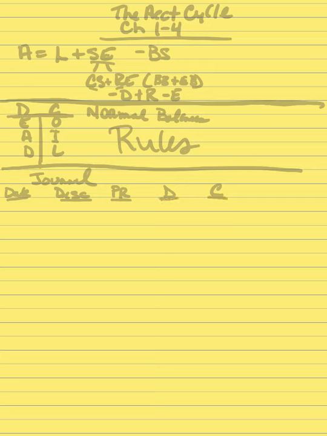I can't make assumptions. So, for example, the example they give you in here, actually I'm going to do a different example than what's in Exhibit 5. I'm going to do one that is one of the common ones listed in Exhibit 4 that you guys always get wrong. Services provided on account. When services are provided on account, that means that the customer came in, you provided a service for them, and you sent them a bill. The bill is then posted to what we call accounts receivable. Accounts receivable is